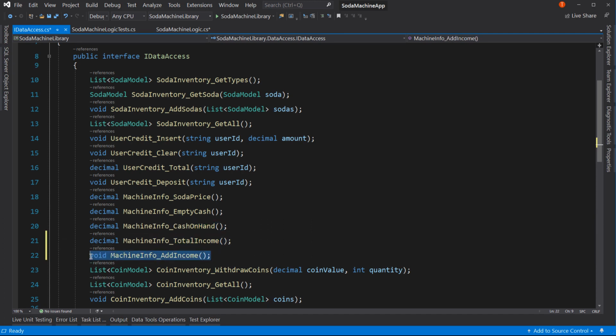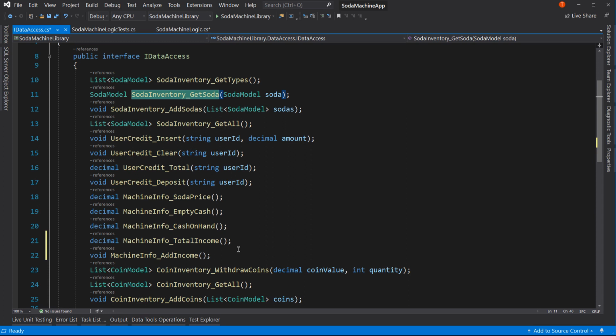We're going to put it in machine info and not attach it to, say, get soda. We want to have two separate events, because I want to have as much separated logic as possible. For instance, what would happen if we decided to give a free credit somewhere? Well, we'd have to say the purchase was 0, and that's a little messy. So I think separating these two out makes the most sense